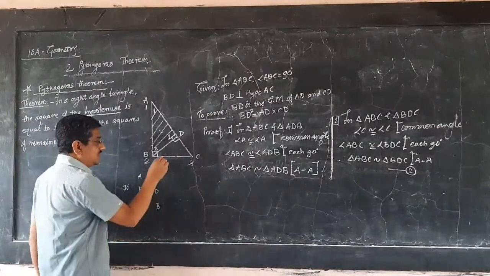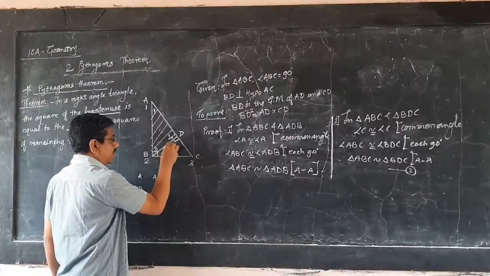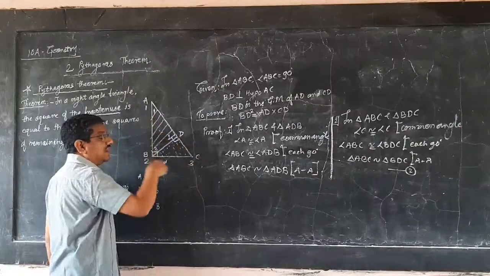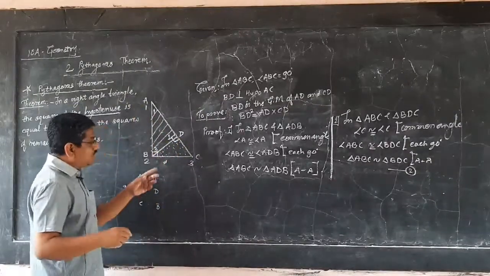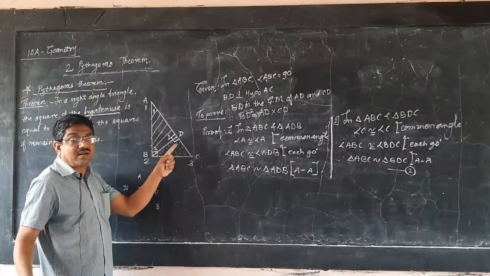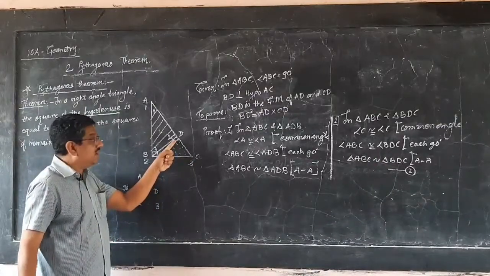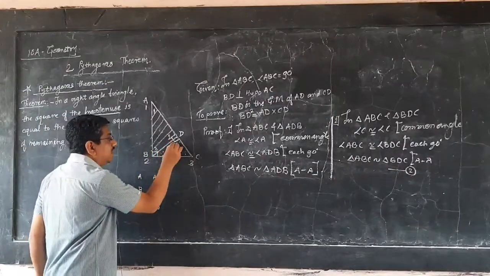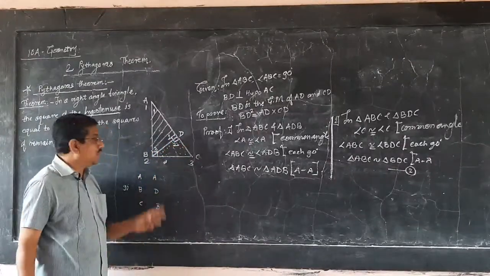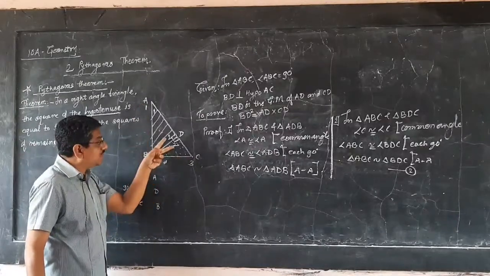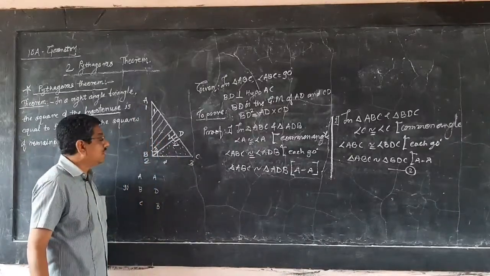Now for this triangle, you have to show it is similar to the original triangle. Which two angles are common? Which two angles are right angles? That is D only here. Therefore B corresponds to D. Then here I can write 2. I have given the number 2 to the right angle vertex of the original triangle. Therefore, 2 and 2 you have got.